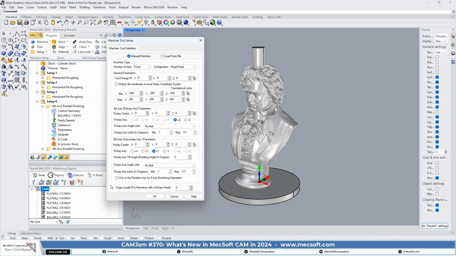So that's why you need to specify a 5-axis machine tool, but you don't need to specify the secondary axis as the rotation axis. Internally, we take care of creating the rotation about the secondary axis by 90 degrees. That'll bring the tool normal to the Z-axis, and you'll be able to machine. Okay, and this works in